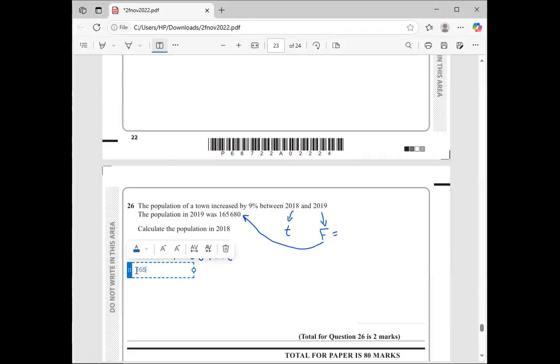165,680 equals, I didn't type my 8 back there. 165,680, okay. Equals, sorry, let me click here so that I can see what I'm supposed to type. Okay, so equals, so now T, remember T is the one that we're looking for, so we don't know it. So that's why you see me writing T there. Plus